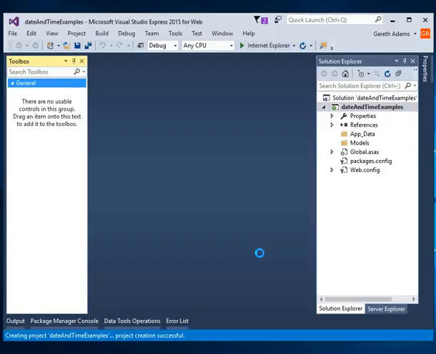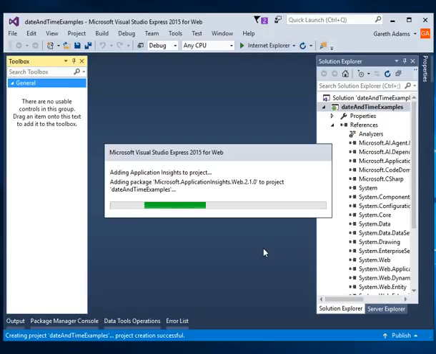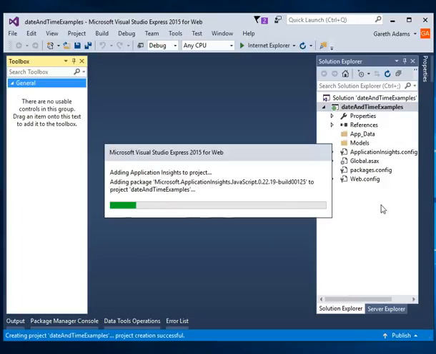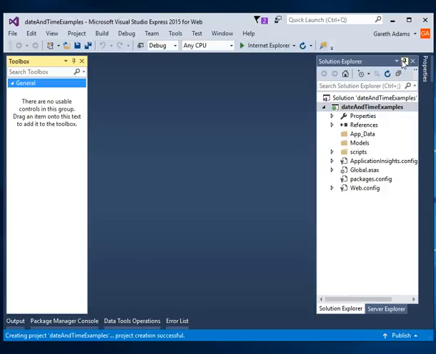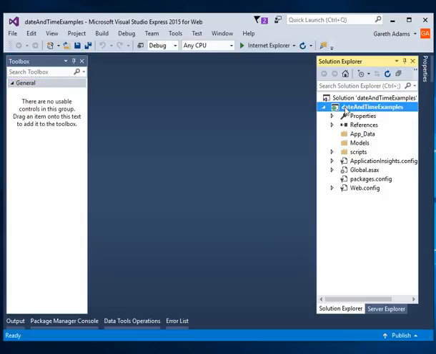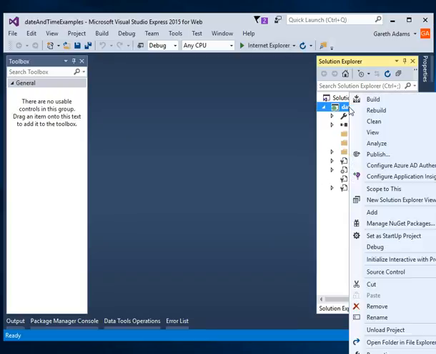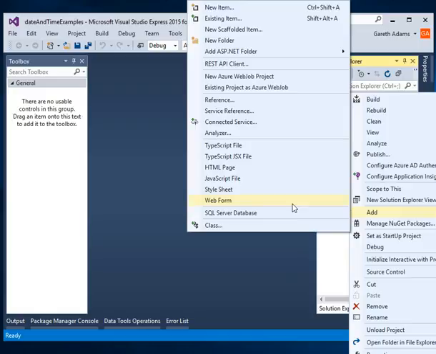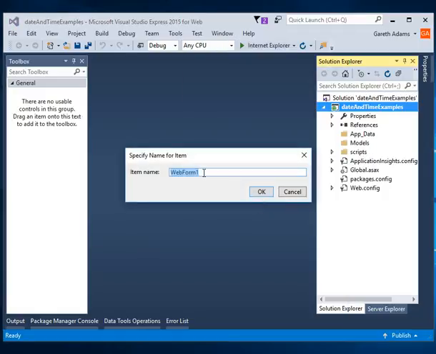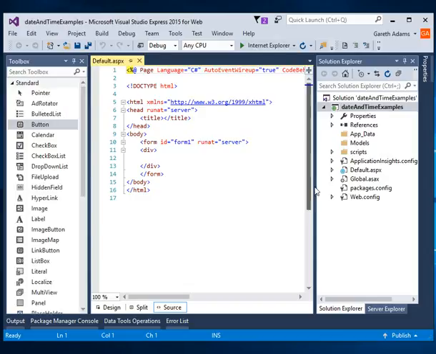Eventually we'll have a little project set up. As you can see, it adds various forms and what have you. So the first thing we need to do is make sure your project is selected and then go to add new. So just right click on the project and select add and then a web form. So click on that and you can name this default. Click on OK and that will add you a new